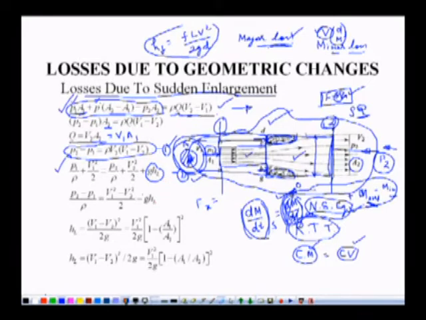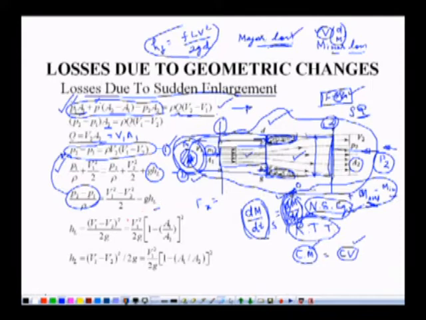So, from this equation number 2 we can write P2 minus P1 divided by rho is equal to (V1 square minus V2 square) divided by 2 minus g HL, right. From equation number 1, we have the relationship between P2 minus P1 in terms of V1 and V2. So, P2 minus P1 divided by rho can be replaced with the help of equation number 1 in terms of V1 and V2, right. Basically, we are interested to develop an equation for finding out head loss in